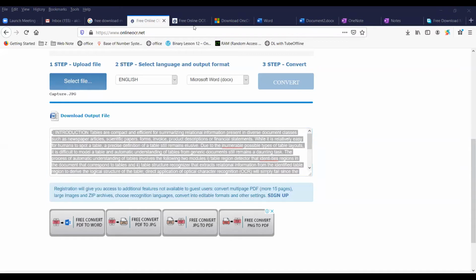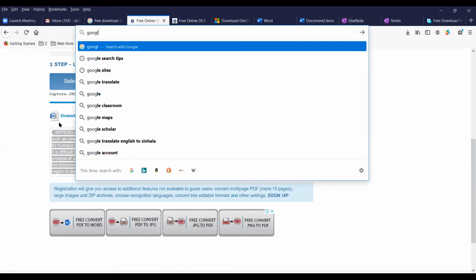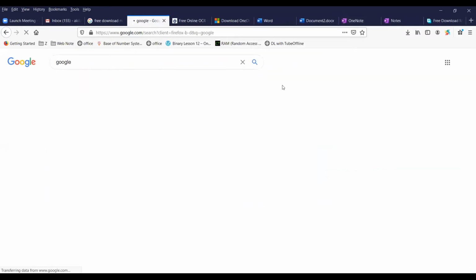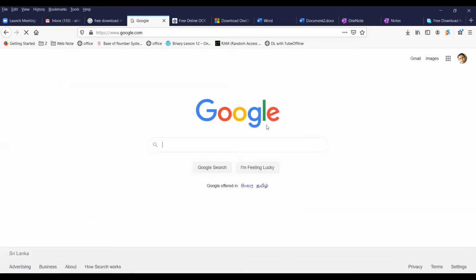Okay, then the other thing is checking for plagiarism online. If I go to Google, this is one of the best search engines in the world, and most of us are using this one. There are so many tips and tricks in Google for how we can search. If we need to search for a phrase, you have to use inverted commas.